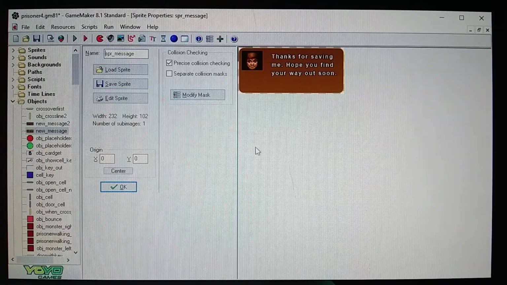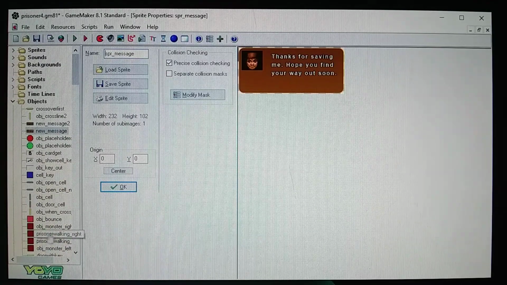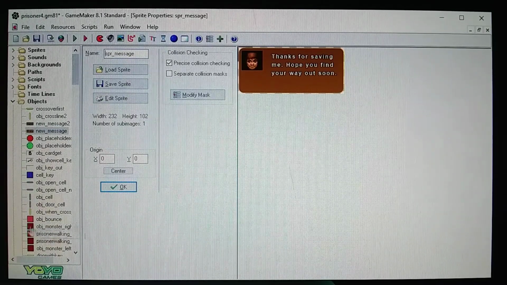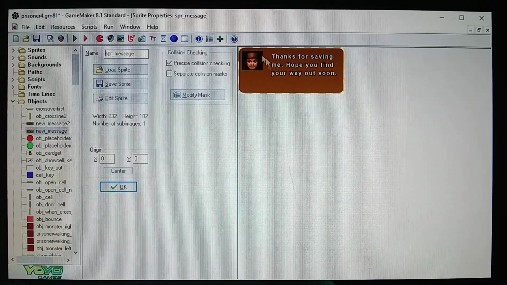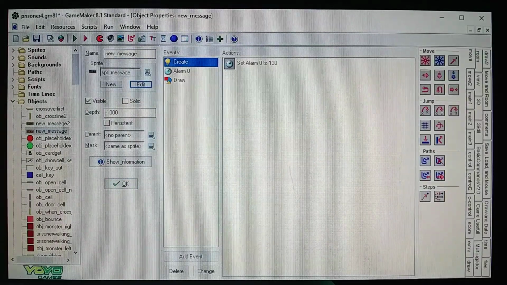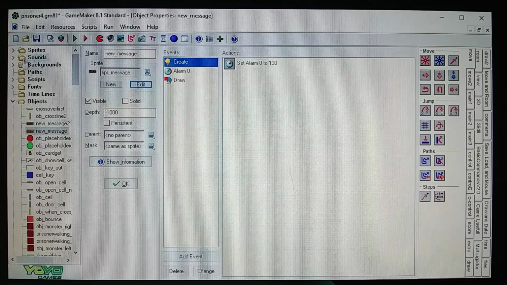And I made the prisoner very vague. I didn't give him any features because, I mean, you can if you want, but if you don't give him any features, then you could have the same prisoner walk back and forth. Well, I would say you would have to duplicate prisoner walk right, walk left. When you do another prisoner, you have to duplicate these boxes to make another prisoner. But you could make another message and then change the face to something else. But just keep the vagueness of the prisoner,